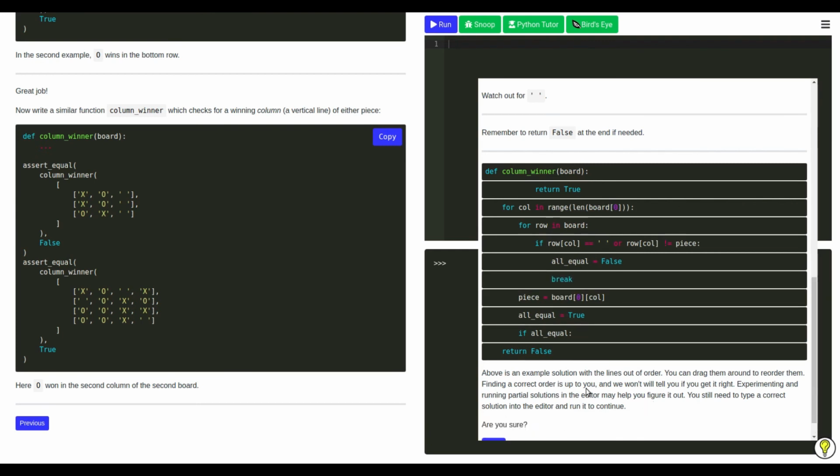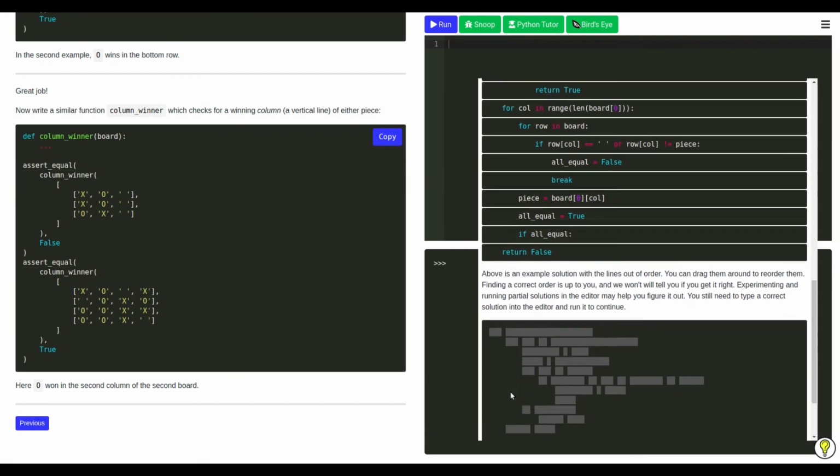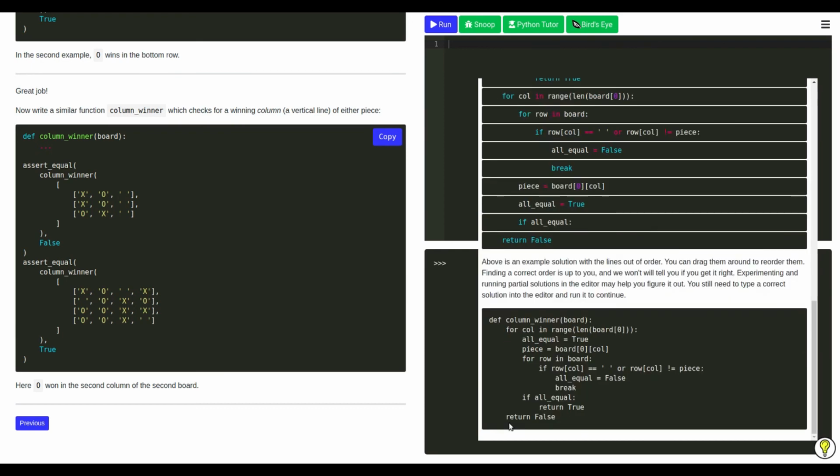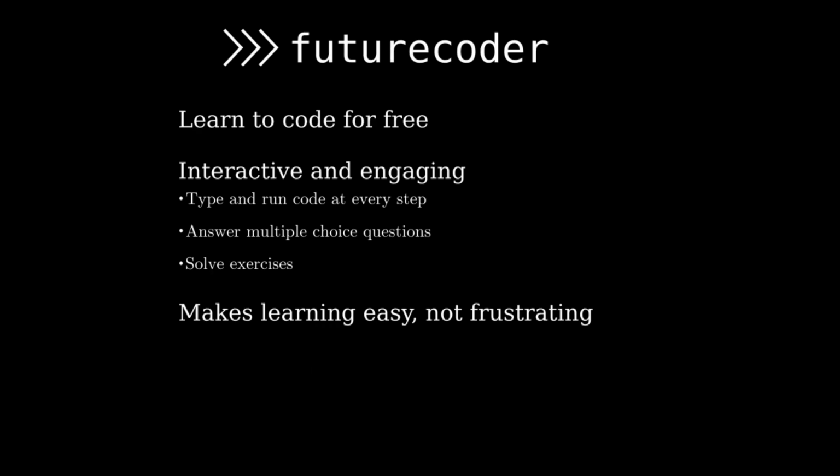As a last resort, all exercises allow showing the actual solution, but not all at once. The user can click to uncover one small piece of code at a time, gradually revealing the solution until they think they've seen enough to fill in the gaps themselves, or all the way to the whole solution if they're really stuck. So in summary, futurecoder makes learning easy, not frustrating, by pointing out mistakes,